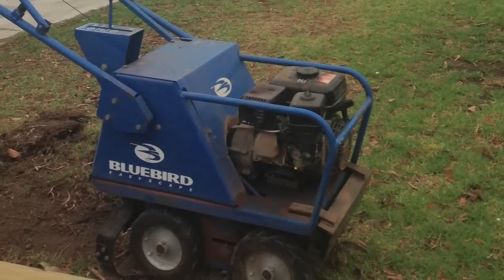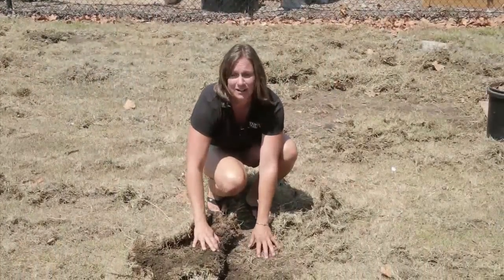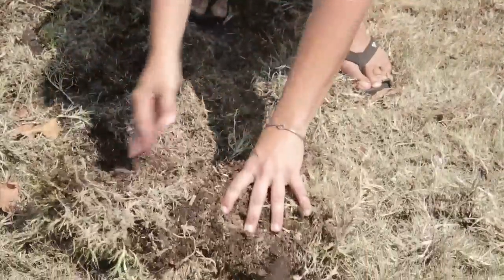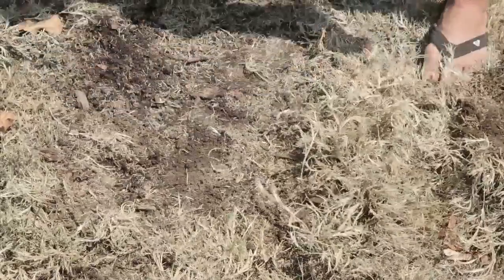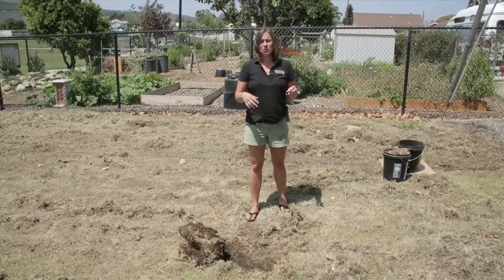Mechanically removing the turf, there's a machine that actually comes in and cuts the vegetation at the root right at the base of the soil. And it makes it very easy for you to remove the sod and roll it up. What you're gonna do then with the sod is you'll roll that up and you have a couple of options for disposal. You can stack it in your driveway, and every week when it's time for your yard waste pickup,